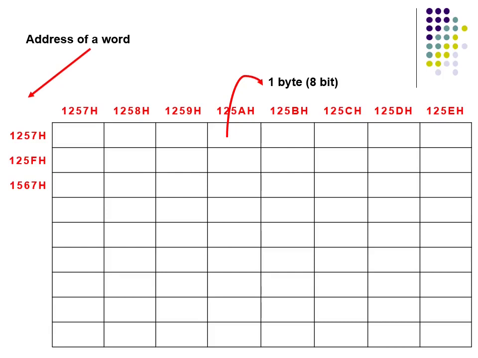This all depends on the buses, because buses are the actual parts which transfer data from memory to processor or processor to memory. Based on the bus size, a processor can fetch multiple bytes. So the maximum number of bytes a processor can fetch from the memory is called one word. For example, here you can see I have arranged 8 bytes in a single row. That means my computer is capable of fetching all 8 bytes at a time.